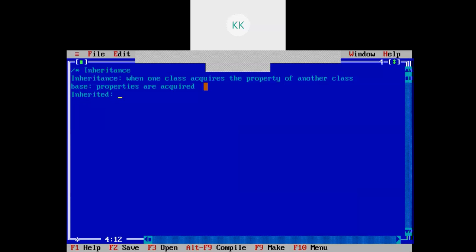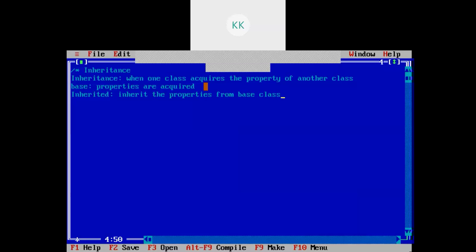So from the base class we will acquire the properties, and the inherited class will inherit the properties from the base class.